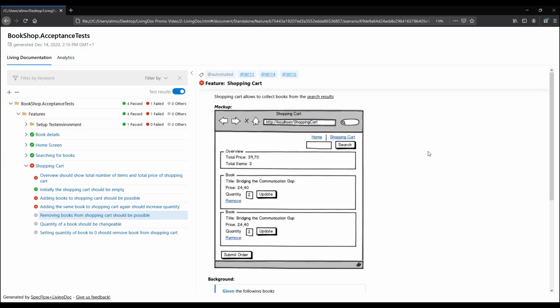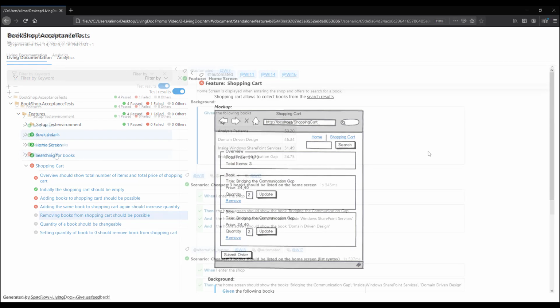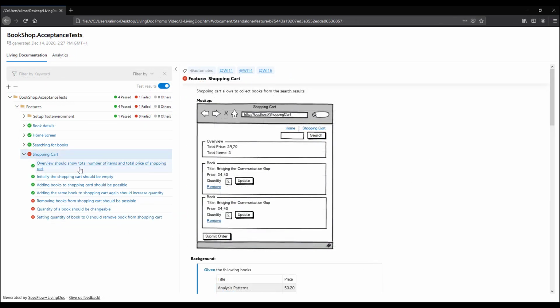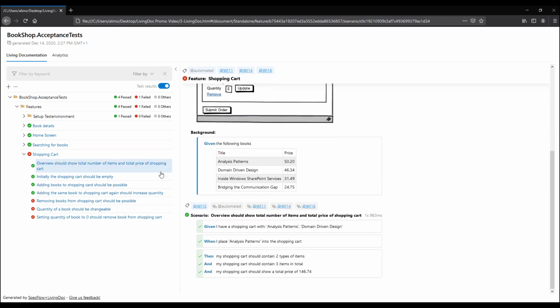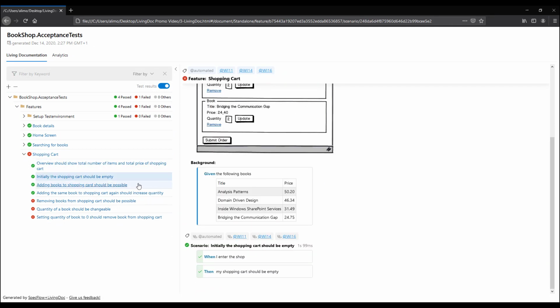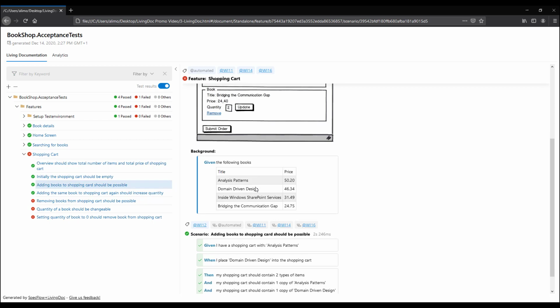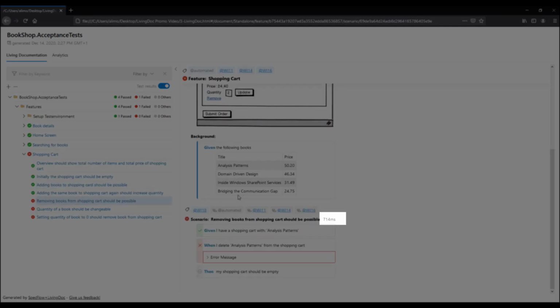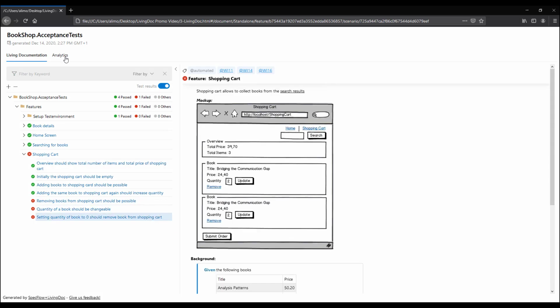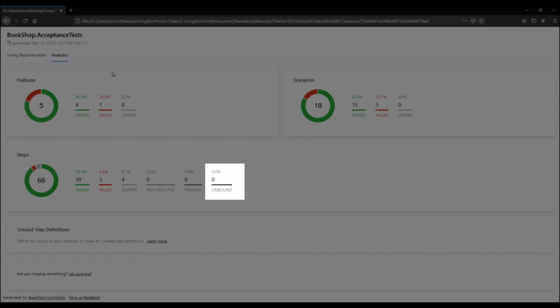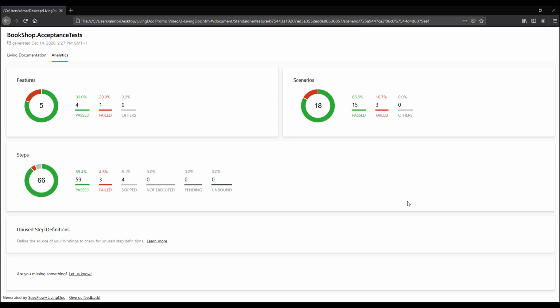We go over the work done so far, and the team informs me that all the unbound and pending steps will be implemented by this afternoon. So I run the generator again this afternoon, and I can see all steps are now executing with some pass and fail results. Note that you can see the duration of each execution as well. Again, I check the Analytics tab and I can see that there are no unbound steps this time, and the team has delivered as promised.